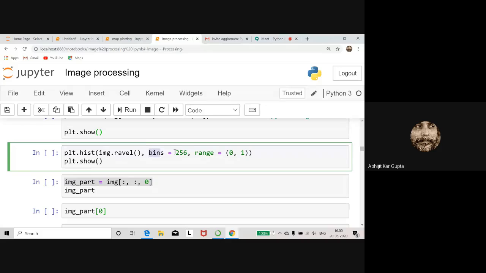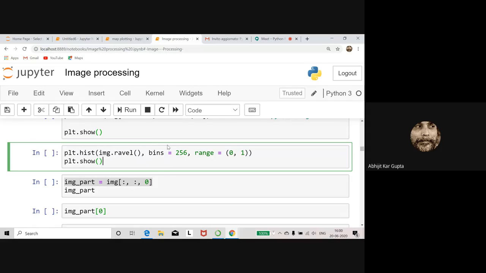And the bins, I kept 256 because a single pixel takes one byte, meaning 2 to the power 8 possibilities, that means 256 numbers, so 0 to 255 is the range.